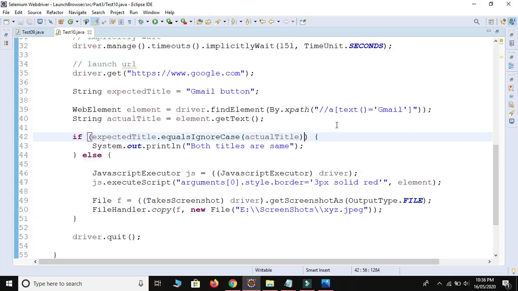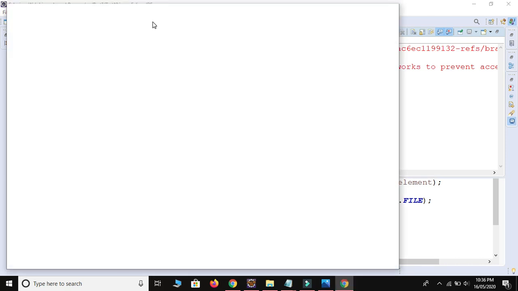Now I have written the code for the Gmail and I will run the code. Then it will again take the screenshot after drawing the border surrounding the web element.